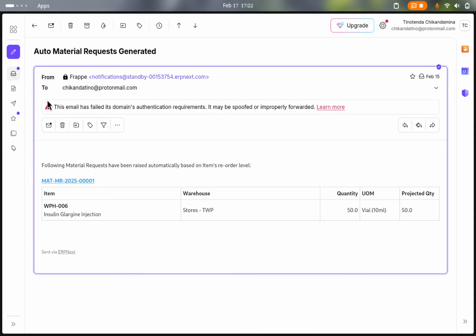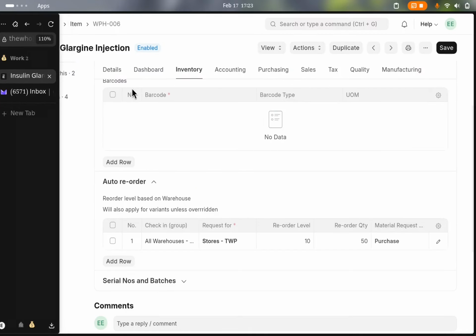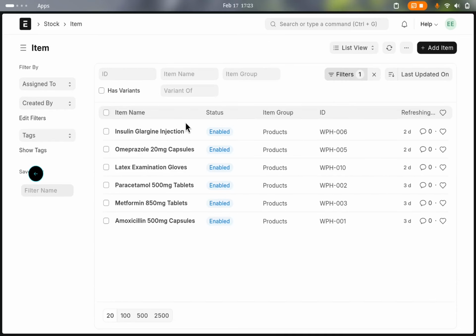All right, so this is the email that they will get. Following material requests have been raised automatically based on items reorder level. So they'll be able to see the items that they need to restock, for which warehouse, and the quantity as well. And if we go back to the selling side,